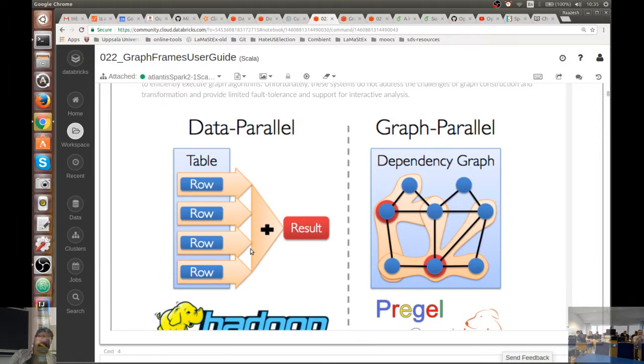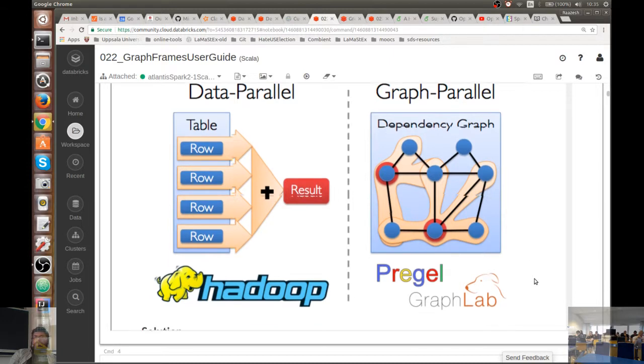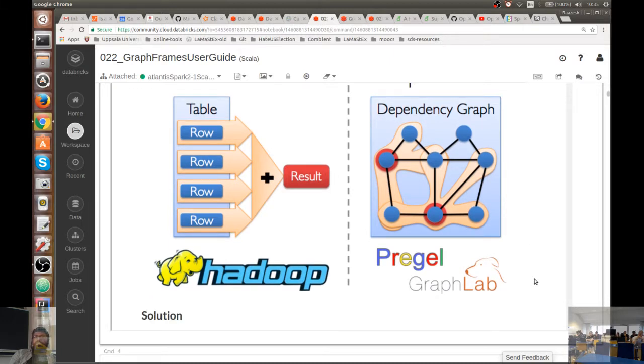So if nodes fail, we can still finish our task because we keep these recipes. But here, at least the abstraction is different. We have graph parallel computations, but the way everything is implemented still uses RDDs under the hood in GraphX. So GraphLab, I think,